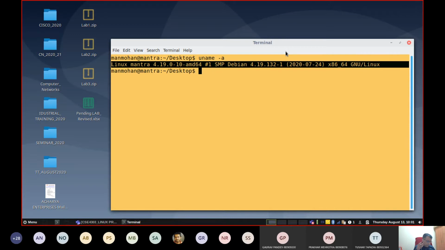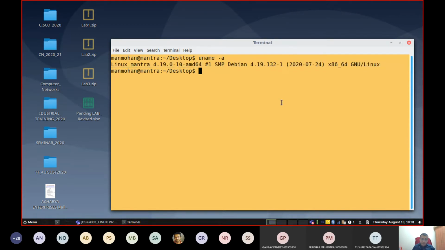Similarly, if you look into the date command also, normally when you type date, you are going to get this particular information. If you want the output in some different format, you can type the command something like this. Now you can try this and see.